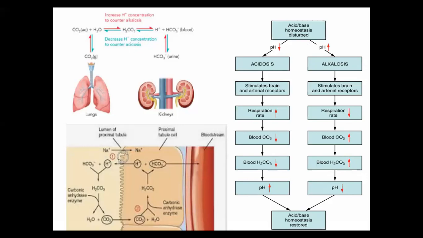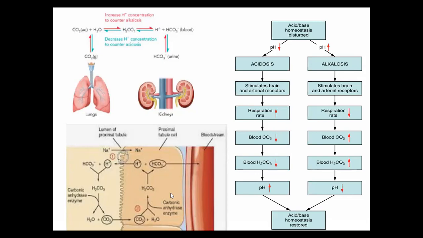So it all depends upon the H2CO3 and the CO2 equilibrium in our body. So that is what is clearly explained here also. See, carbon dioxide aqueous combines with water to give H2CO3, and then it is dissociated into H plus and bicarbonate ion in the blood. So what happens? CO2 from the lungs is causing this equilibrium, and this HCO3 minus, while it is eliminated through the kidneys, affects this equilibrium, but the entire system has to be in a perfect equilibrium to maintain the pH at various conditions.